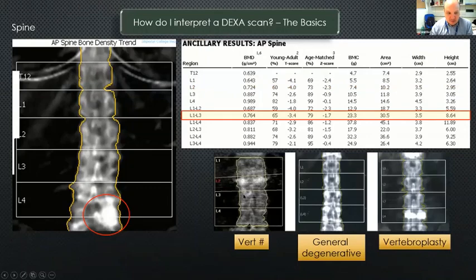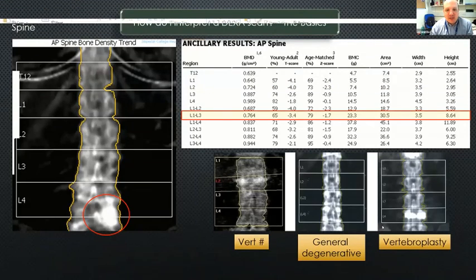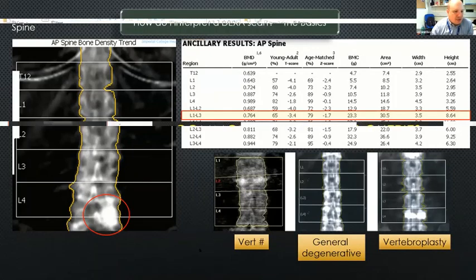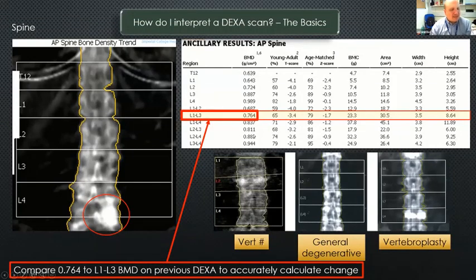So this is a vertebral fracture you can see here. You can see here generalized degenerative changes. You can see in this last one a vertebroplasty where cement has been put into a vertebra for vertebral augmentation, probably because the patient had a lot of pain. Okay, so the next thing to consider is that if we're just going to look at L1 to L3,